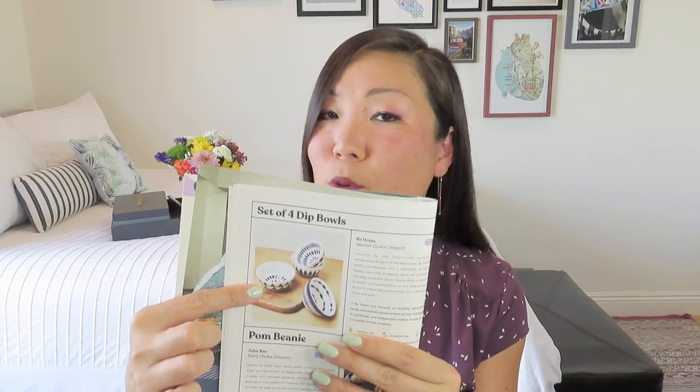And the other choice that I got the first time around that was in the second category was the dip bowls, which I actually really love. They were in beautiful patterns of blue and white, so I'm glad that I got those. I'm okay with the fact that I got the slipper socks, but now that it came so late and I can't even use them until next year, I kind of wish I had gotten the luxury anti-aging skincare set,